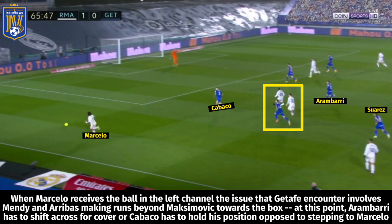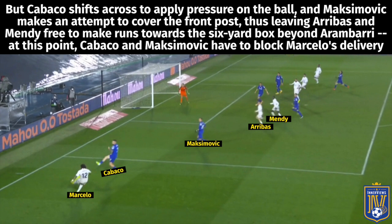When Marcelo receives the ball in the left channel, the issue that Getafe encounters involves Mendy and Arribas making runs beyond Maximovic towards the box. At this point, Arambari has to shift across for cover, or Kabako has to hold his position as opposed to stepping to Marcelo. And the reason being is that you have Benzema and Vinicius making runs towards the back post, occupying Oliveira and Chakla. But Kabako shifts across to apply pressure on the ball, and Maksimovic makes an attempt to